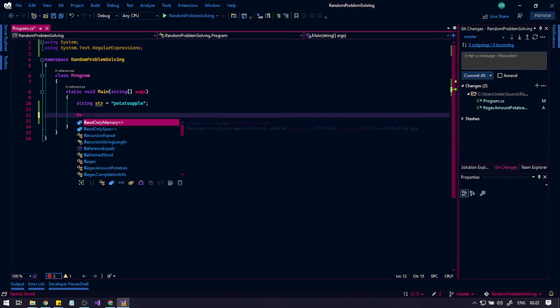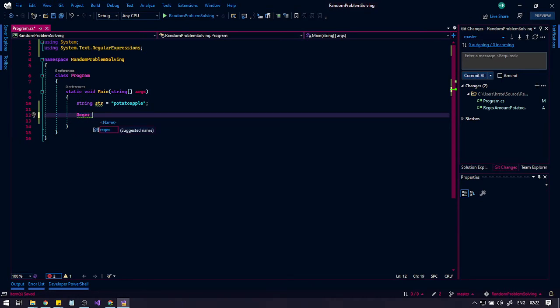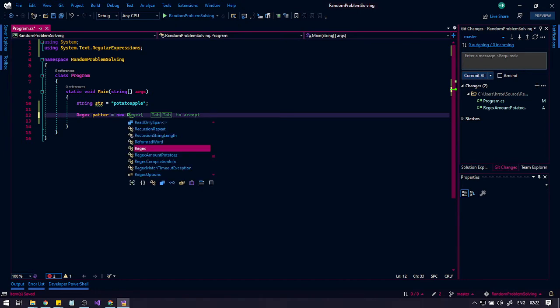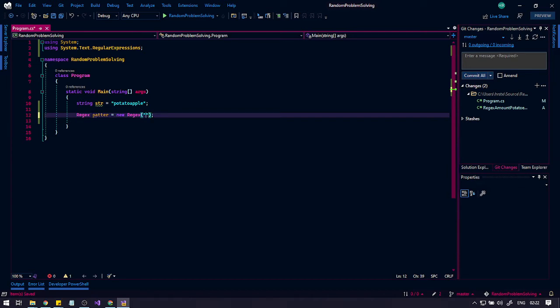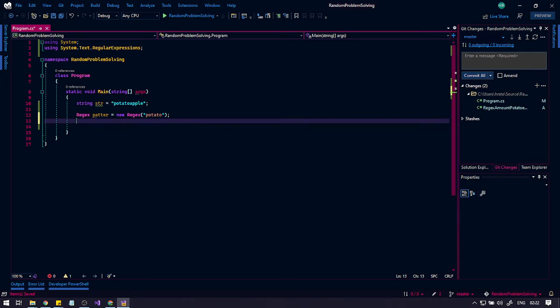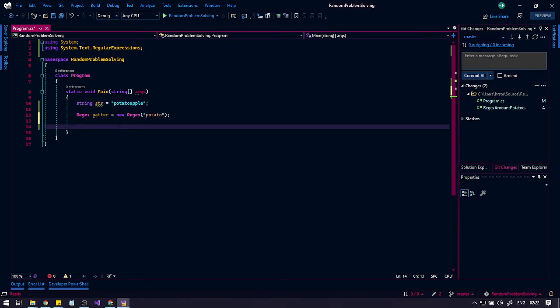I am calling a Regex class and a pattern identifier. This is the identifier, regex, and here we have to return some pattern in this string literal. So, potato. Now, as we have to match multiple or a single potato in a string to count them out,